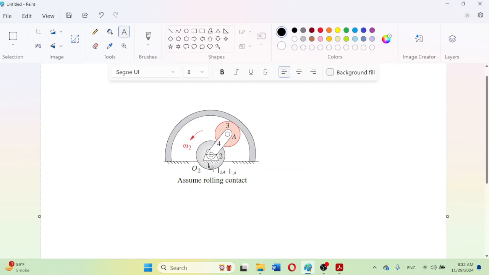So in this way, as we can observe, 3 instance center will be located at this common pin I1 comma 2, 2 comma 4 and I1 comma 4, and these instance center have been calculated using the formula n into n minus 1 divided by r factorial, which is actually used to calculate the total instance center in a mechanism. So 3 permanent instance center have been found out, and after that